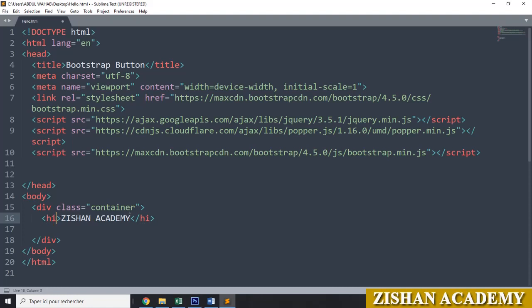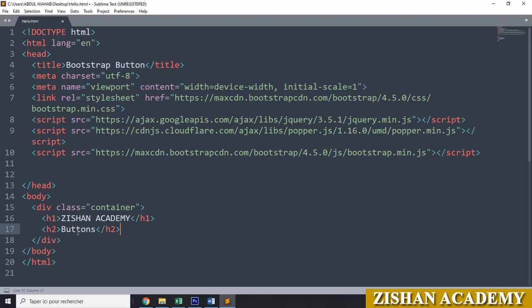H1 tag, and here you will go for H2 tag now. Close this one. You can go for anything here. I am giving buttons here. Then just close this one, H2 also.